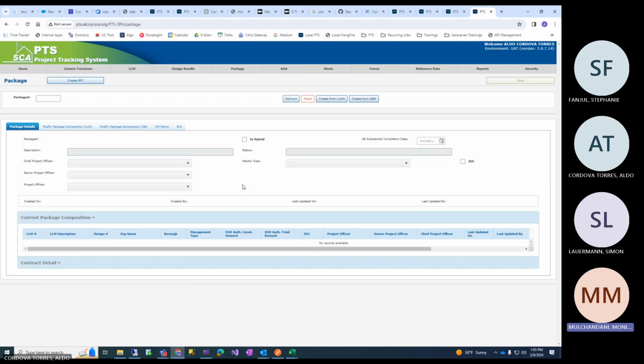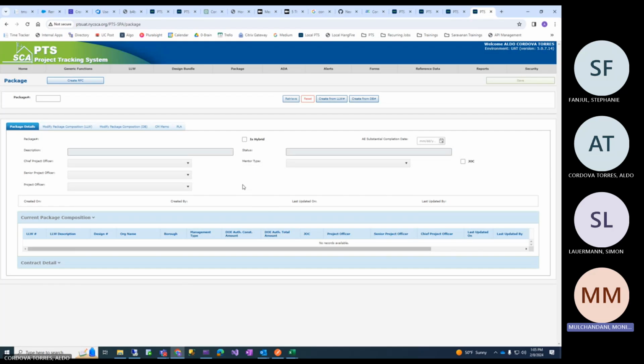So when they are going to work on the same set of LLWs as the A&E department worked, they usually create the package from design bundle, because it's just as is that combination, that bundle, getting used to do the construction work.